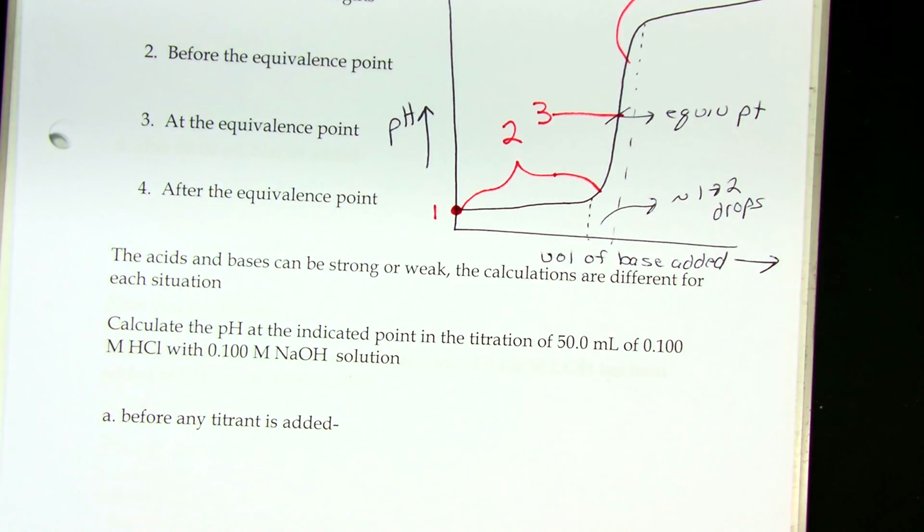So the acids and bases can be strong or weak, and the calculations are different for each situation. Each situation is pretty much a rehash of something we've already done, but you have to really think about where you are in the titration and what you're trying to calculate. So as you start to move forward with these, we have to sort of come up with a thought process for how to